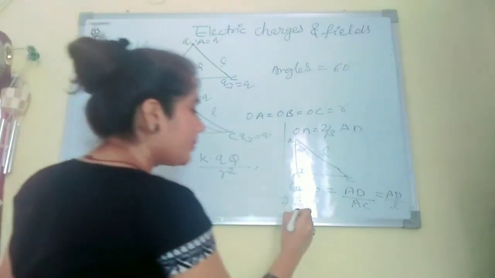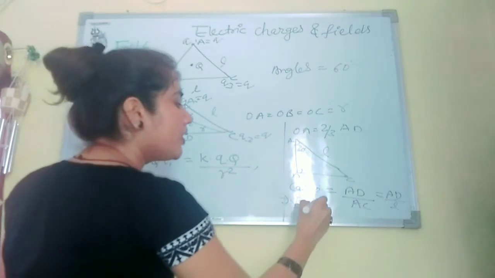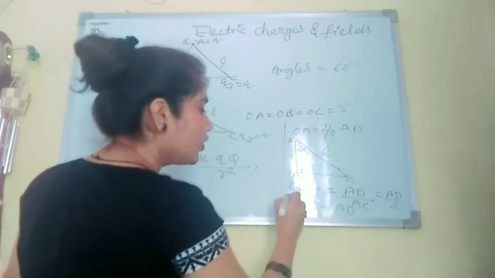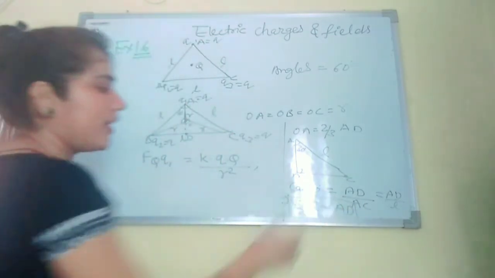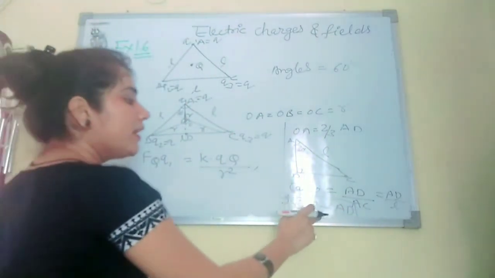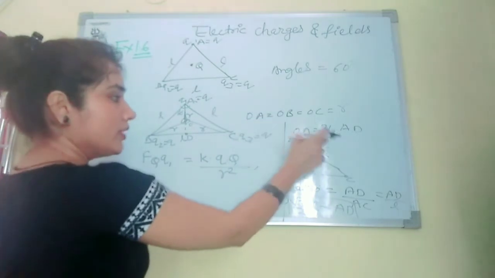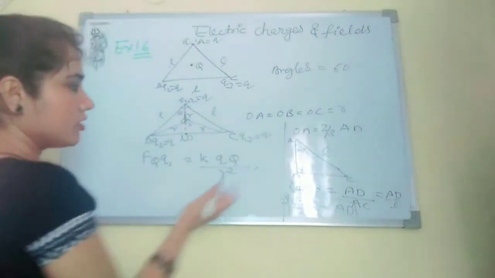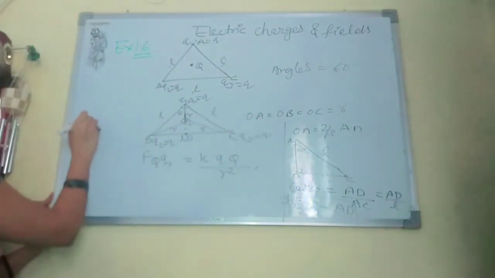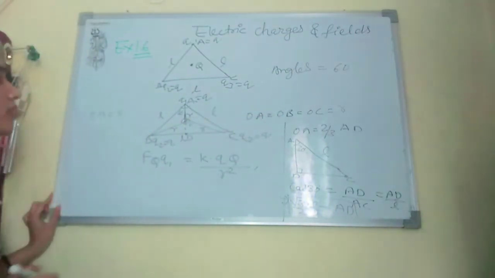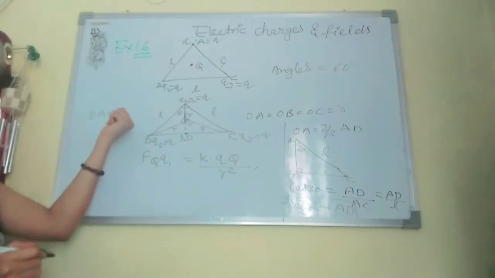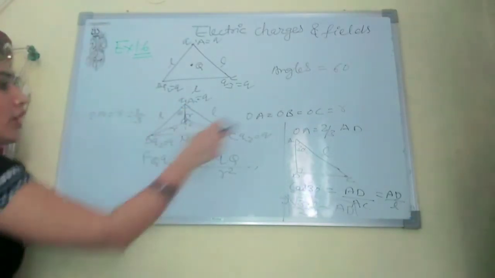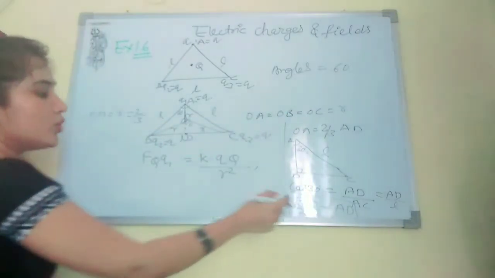Root 3 by 2, and this L will come here and multiply with this. So the AD is root 3 by 2 L. And simply AD's value we will put in this equation. So we will find out the value of OA, that is R. So we will find out the value of R, that will be 2 by 3 into AD, and AD is root 3 by 2